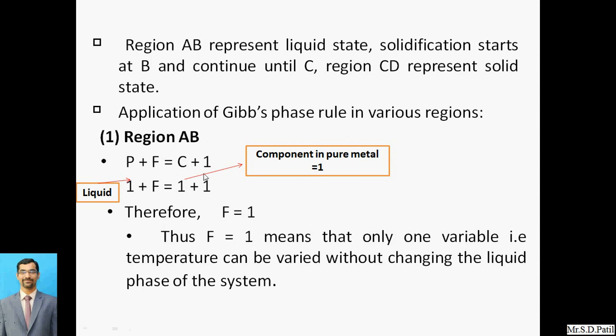Number of phases in the sense what? Whatever region we are considering, how many phases are there? That is liquid, solid, or anything else. Then F is the degree of freedom that we have to identify by considering the remaining terms. C is the number of components or elements in the system, related to the material. If we take a single material, the number of components will be 1, and this 1 will be constant. Now, how it is implemented region-wise and how F is found, we will see here, which is very interesting.